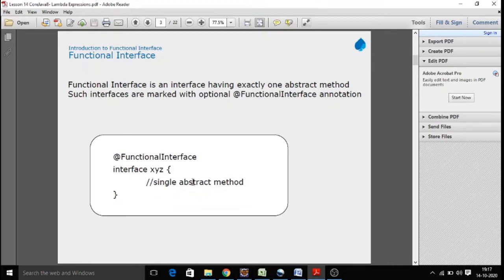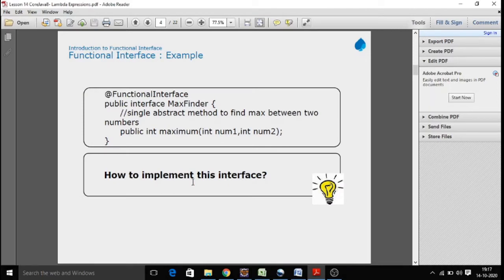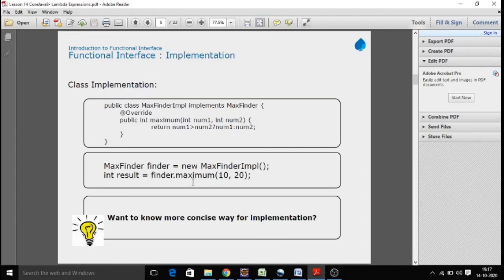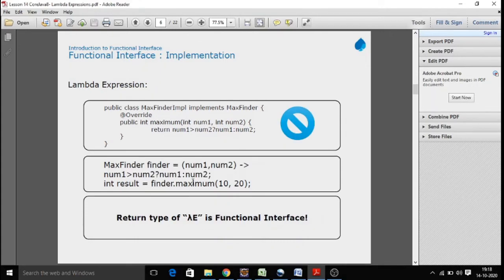The best example of a predefined functional interface is the Runnable interface. We will be discussing it in the multi-threading concept. Here we can declare an interface with @FunctionalInterface, override the method and make use of it. But overriding needs another class and many steps are involved. Instead of that, we can simplify with a lambda expression. A lambda expression is nothing but a simplified version of your method declarations and implementations.